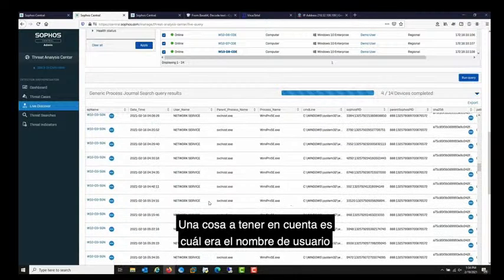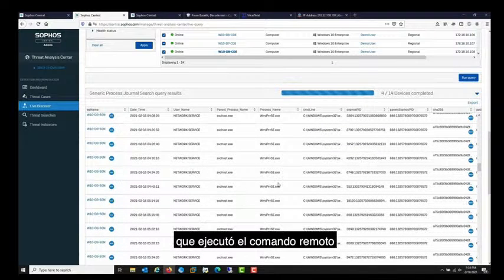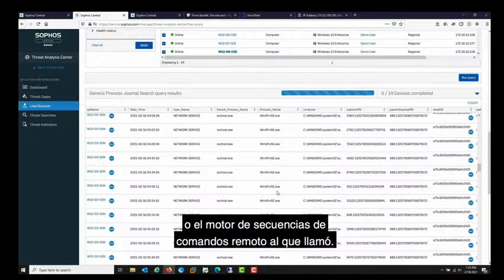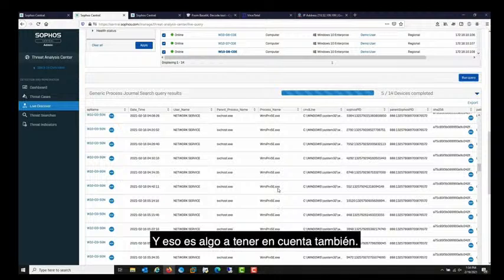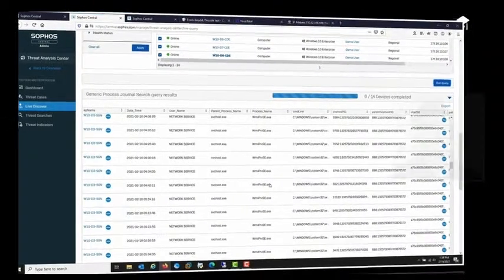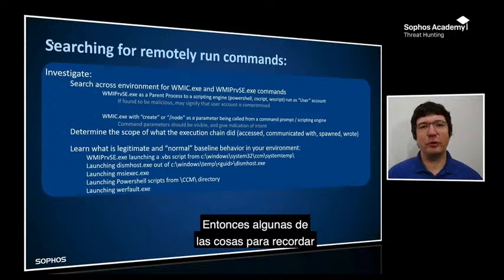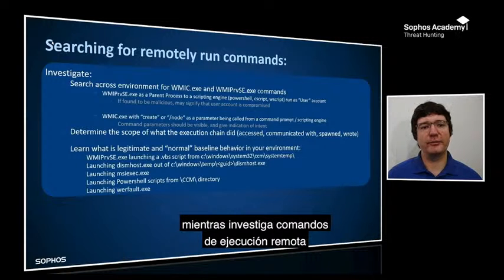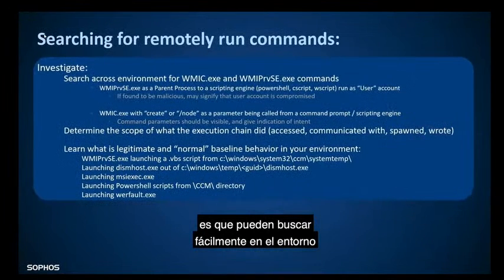One thing to note is who the username was that ran either the remote command or the remote scripting engine that was called by it. And that's something to take a look at as well. So some of the things to remember while investigating remotely run commands is that you can easily search across the